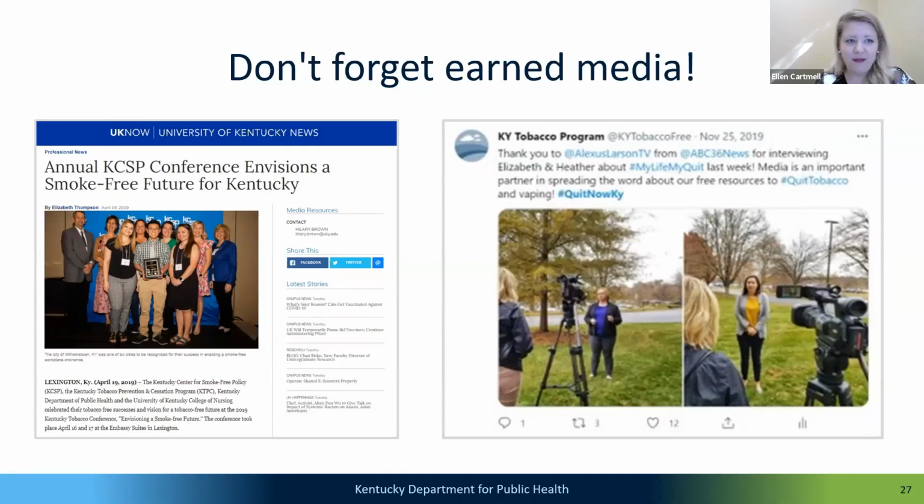So they might pick up your press release and say, okay, we're going to interview some people and turn it into an article. And then this is a little blurry on the right, but this is an example of when we launched My Life, My Quit. We put out a press release, and then the media came and interviewed Elizabeth and Heather there, who you can barely see through the pixels.